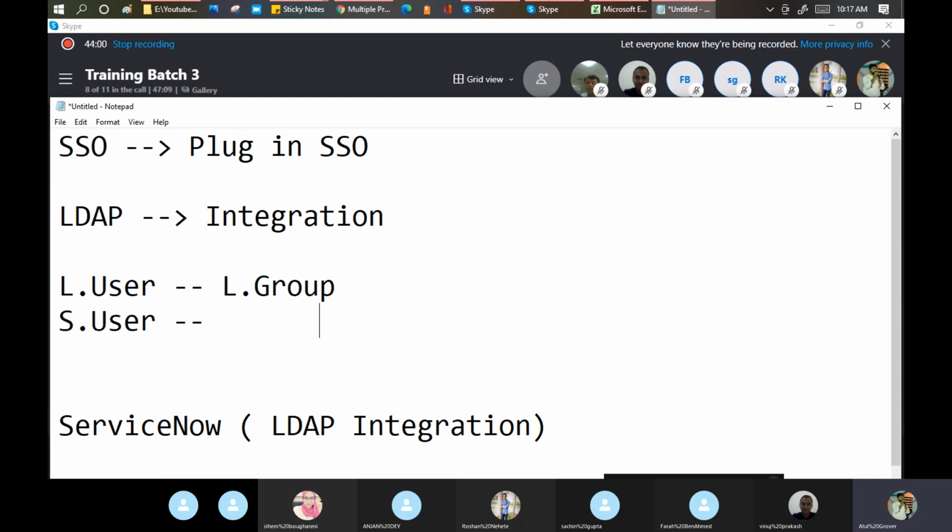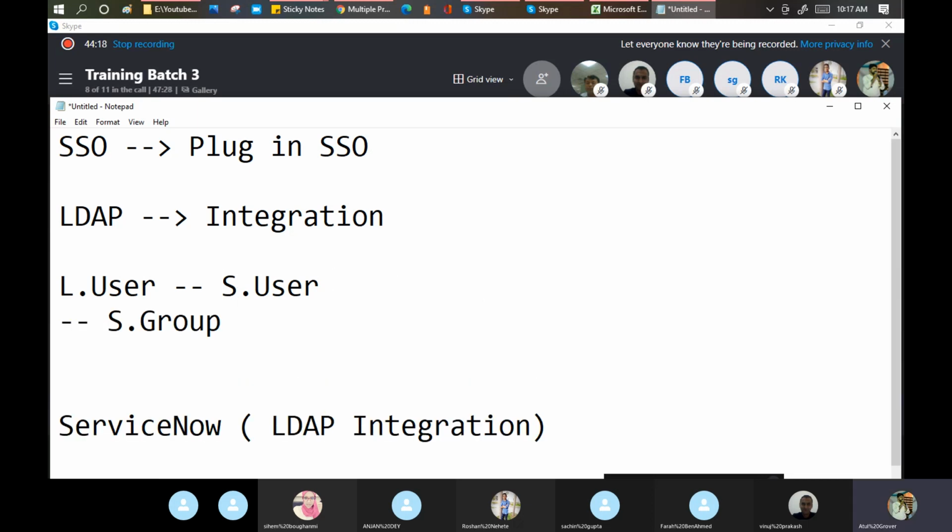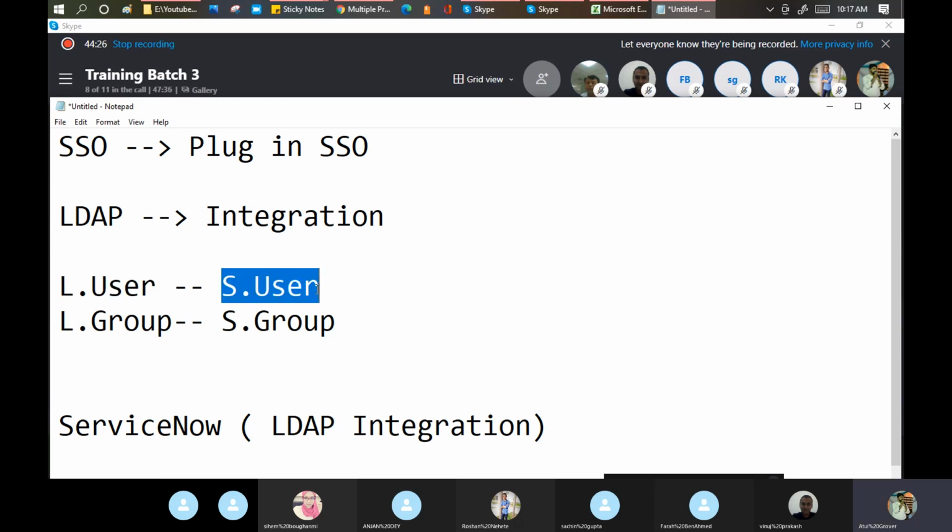S.user and S.group. What I will do, I will map the user table of LDAP with the user table of ServiceNow.